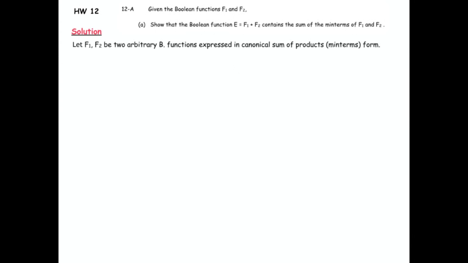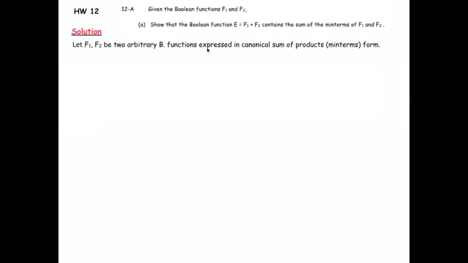So the first assignment was that given two Boolean functions, f1 and f2, we want to show that the sum of those functions, function e, will contain the sum of the minterms of f1 and f2. Right? So let's come up with arbitrary functions. This is not going to be quite a rigorous proof, but something along the lines that will let us show a couple of rules, right? So we'll have these two functions as